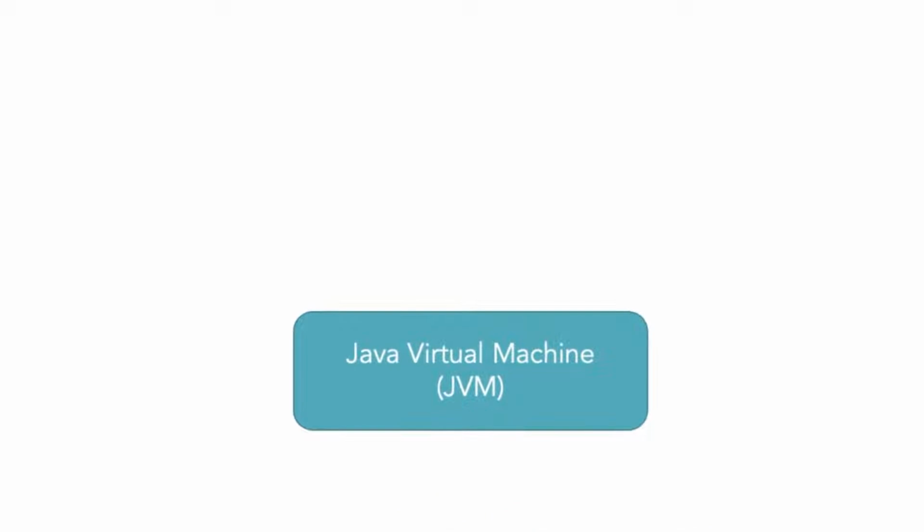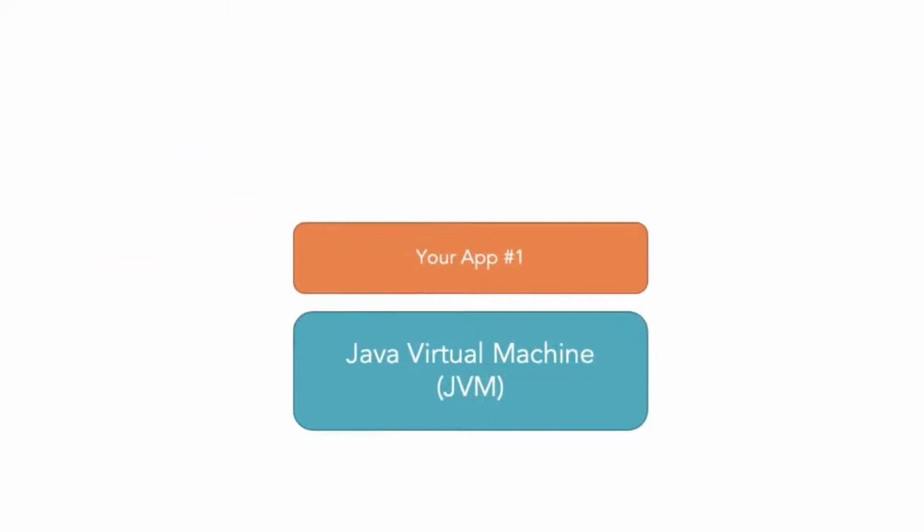Now, the Java Virtual Machine is really where all the magic happens, because it's this JVM, the Java Virtual Machine, it's the first acronym there, that allows us to run different Java applications. So looking at the JVM, once you have a JVM installed on a given machine, that means that you can run your first Java application on it, you can run your other Java application on it, and again, another Java application on it. So the JVM gives us a facility to be able to run Java programs. That's the key point here.